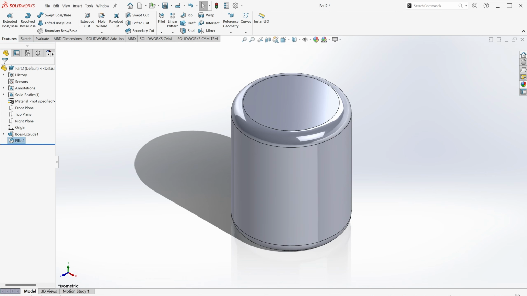Today I'm going to be demonstrating how to use the wrap feature. The wrap feature can be found up here on the very right hand side. This is a very useful tool if you want to perhaps wrap a logo or some text around a cylindrical